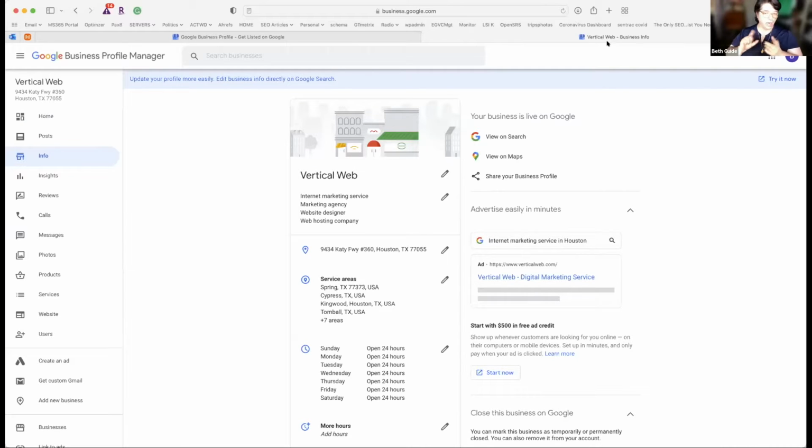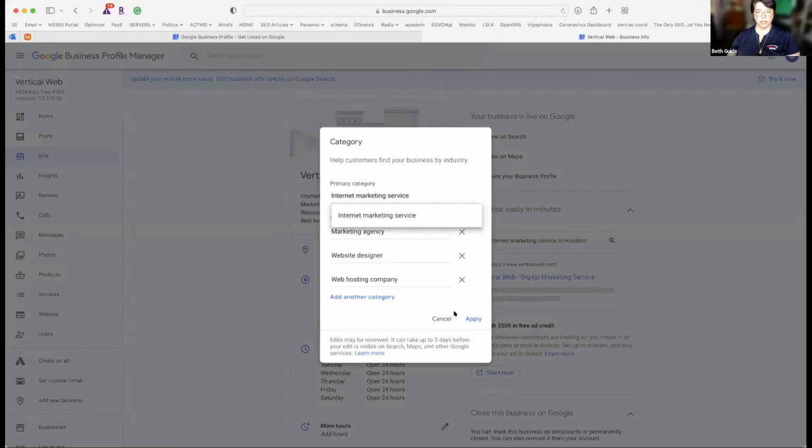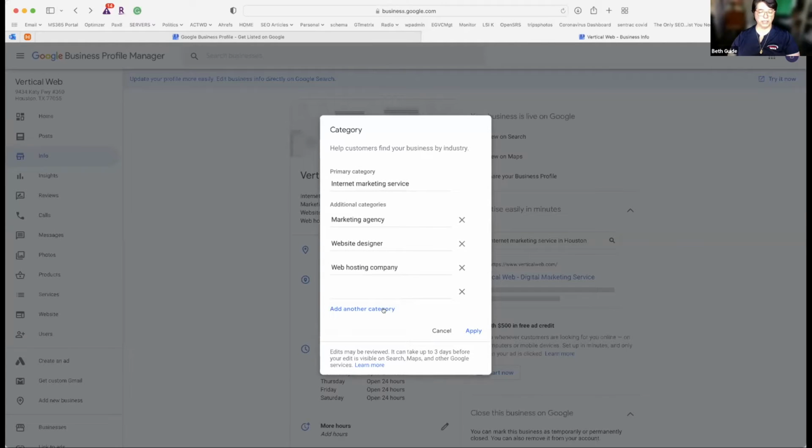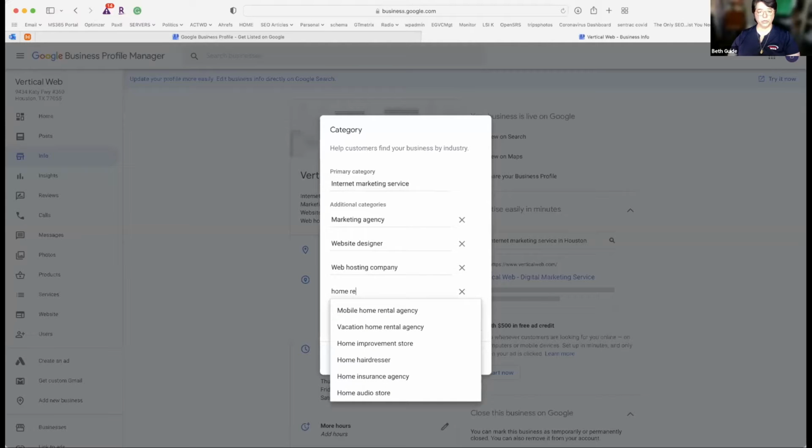All right. And how you would do that is you would click your little pencil here, and we're going to tell it add another company, and put in home repair, which is what I would think you are. Let's see, we don't have anything there. Oh, I didn't spell repair right either. All right, so we have home improvement. So that would be one. I'm sure you could probably go under a contractor.